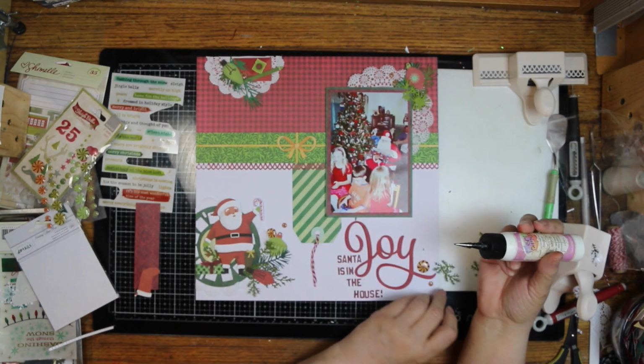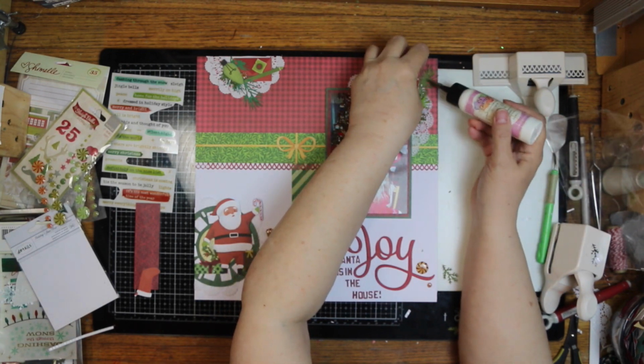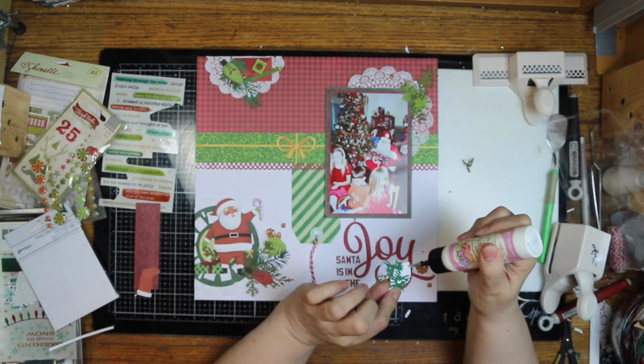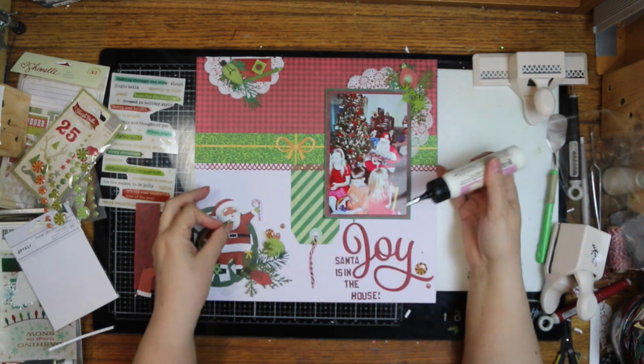On Christmas layouts or winter, I like to use a punch and put snowflakes here and there and tuck them under where I can. And yeah, I will pull out the snowflake punch too. But while I am tucking in all my pine branches,